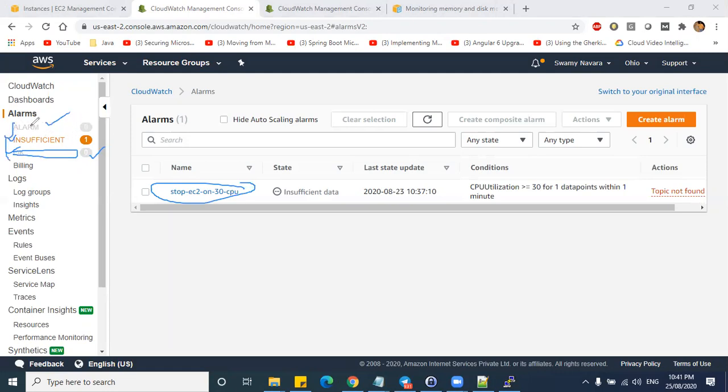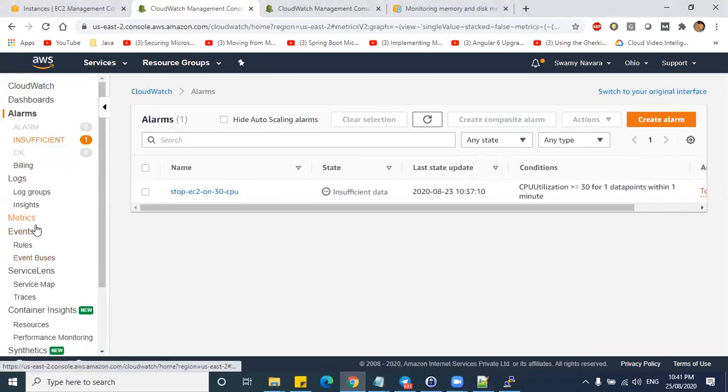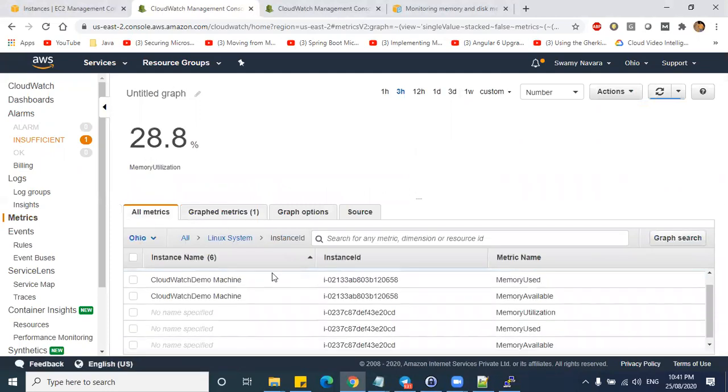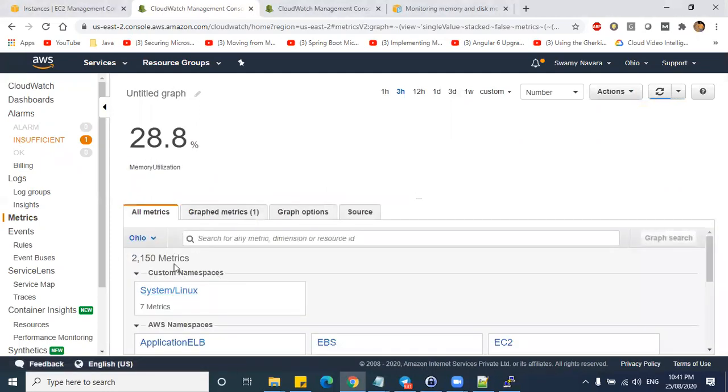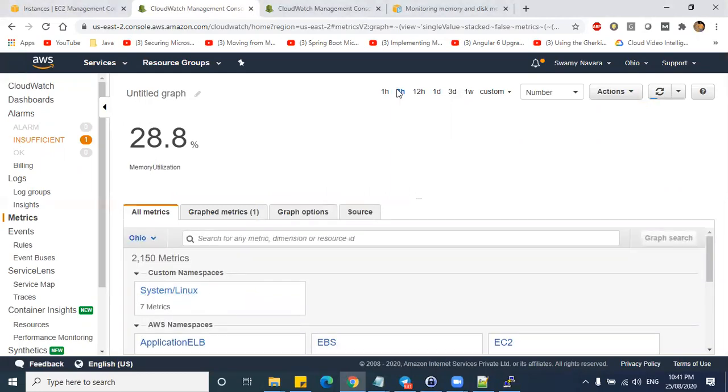These are the three things which you can understand through self-study. Now let us set an alarm for any one of the metrics. See, metric is nothing but, right, you understood what metrics are, right? A metric is anything inside your AWS services. This is a custom metric, where we have installed the Linux system. These are custom metrics where we have installed the Perl scripts in an EC2 machine in order to monitor the metrics.